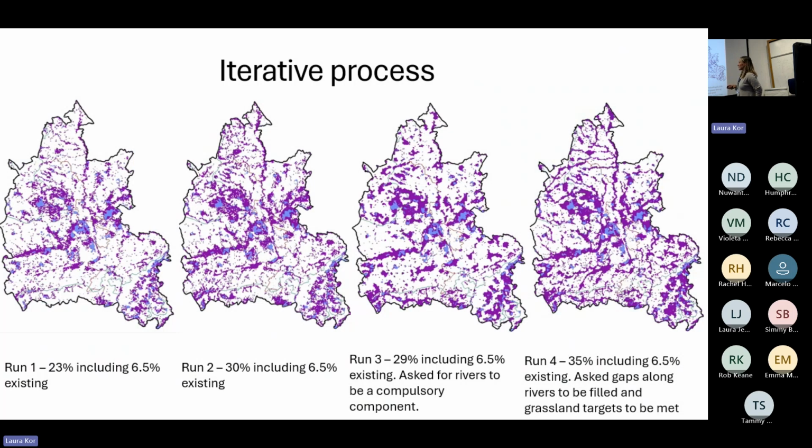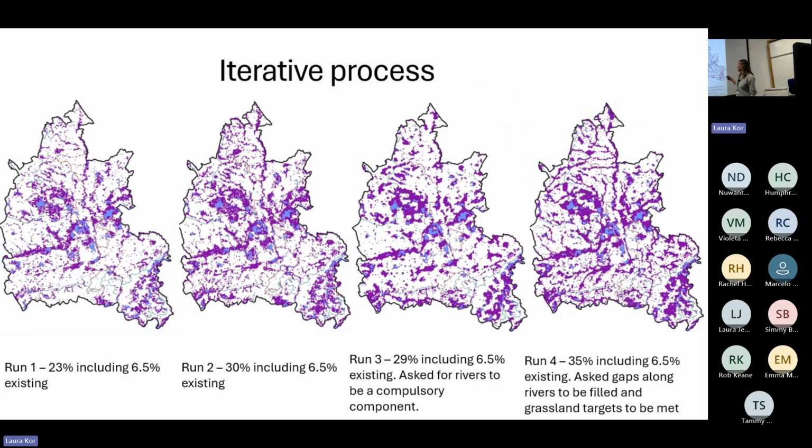But it was quite scattered, and it wasn't really as coherent as we liked. So what we did is we set a higher cost for having lots of boundaries. Bob will be able to explain that better than me. And so it grouped things together, and that's what we wanted, more key areas grouped together, not as many scattered focus areas. So we did get that, but this is where we lost our connections along rivers and watercourses by doing that. So what we did is instead we built in a feature that was compulsory. So we tied it to the WFD rivers and watercourses.